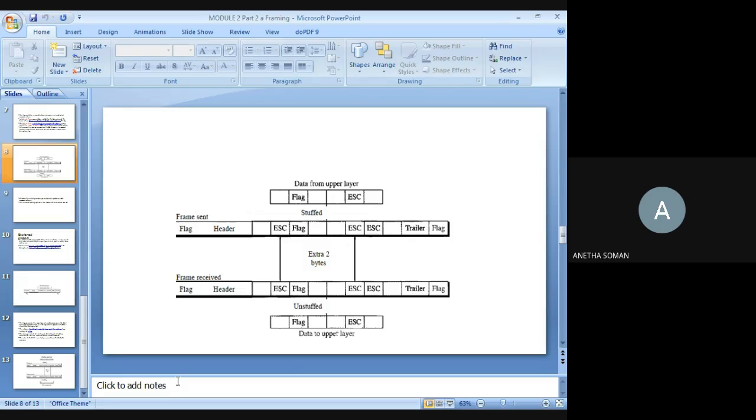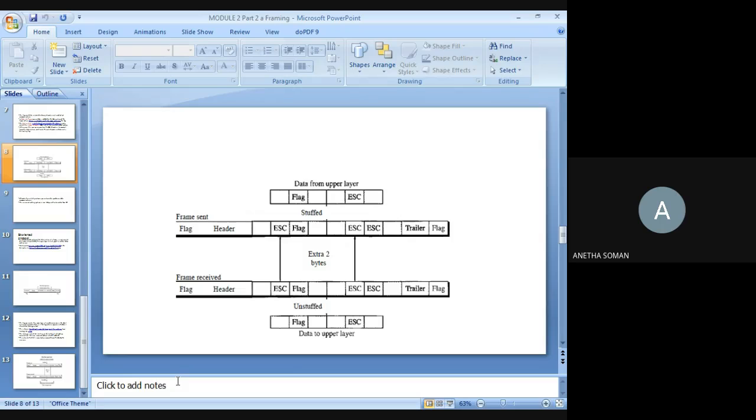Okay, so what does the byte stuffing strategy mean here? In byte stuffing or character stuffing, a special byte is added to the data section of the frame when there is a character with the same pattern as the flag. When a pattern matching the flag comes, you make use of a special byte pattern called the escape character. Right? Now, whenever the receiver encounters an escape character, it removes it from the data section and treats the next character as data. Right? So that is what is happening there.